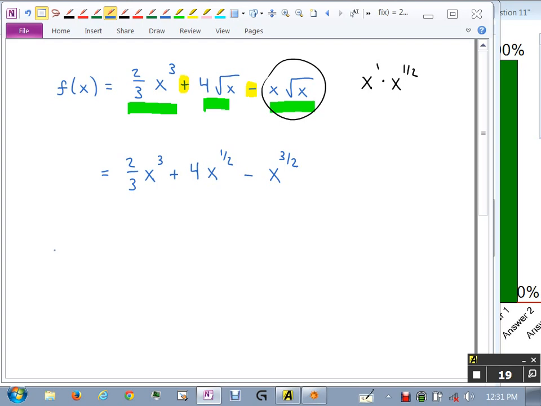So now let's find capital F. Well, again, let me go back to the analogy in Cal 1. In Cal 1, what was the derivative of sine x? Cosine x. In Cal 1, what was the derivative of 4 times sine x? 4 cosine x, right? The 4 just came along for the ride, didn't it? When a number was attached to a function and you took the derivative, the number just came with you, right? Same thing with antiderivative. If you have a number in front of the power of x, that number is going to come with you, backwards. So what I'm going to do is I'm going to ignore the 2/3, and I'm going to bring it into my answer